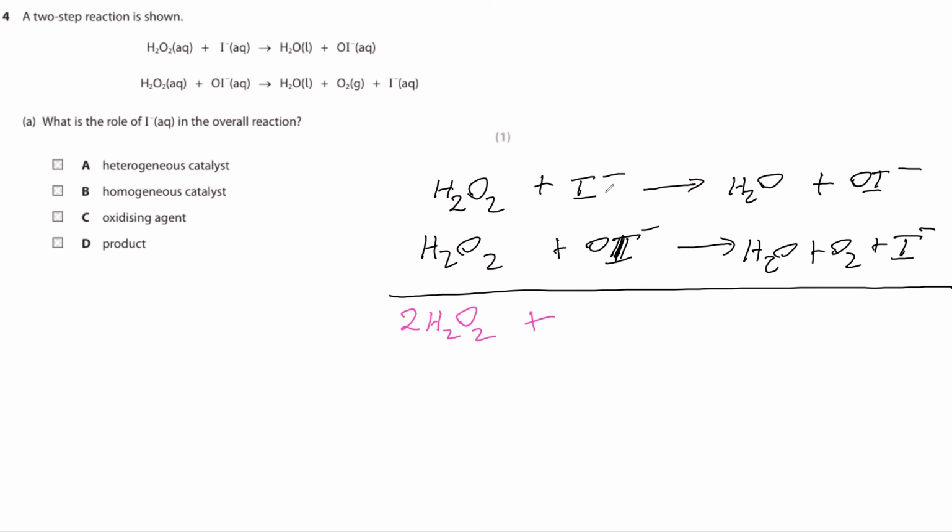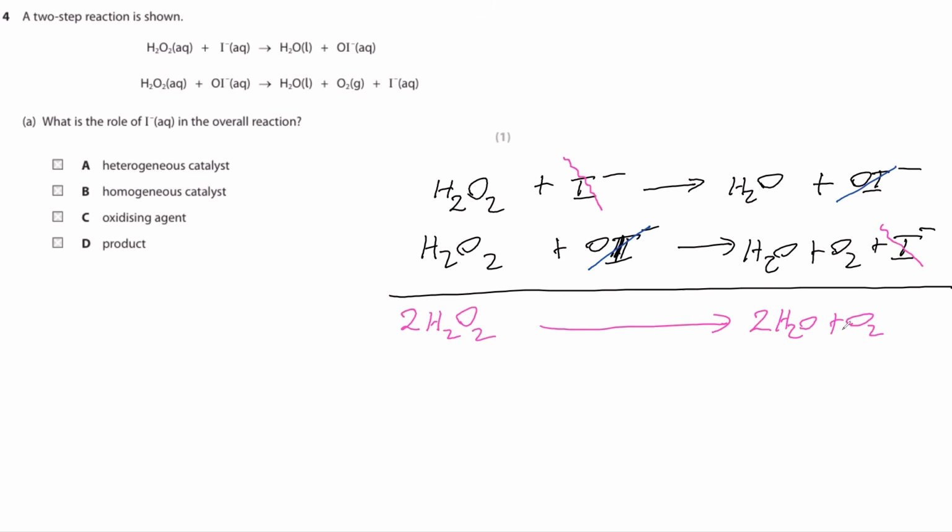I minus is there and here also I minus. If you have the same species on the reactant and product side, you can cancel them. So I minus cancels out, right? Then OI minus and OI minus also cancel out each other. So then only 2H2O2 on this side. Let's see what comes on the product side. H2O plus H2O, it will be 2H2O